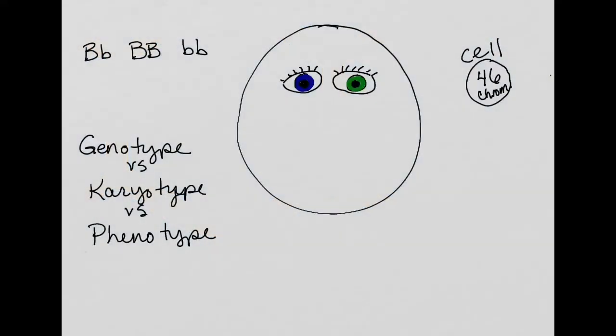And now I'm going to talk about the differences between genotype versus karyotype versus phenotype. All right, so again, let's go back to the cell. So the cell has 46 chromosomes or 23 pairs. And when we're looking at the genotype, and within each chromosome, remember we have these alleles here. These are called alleles that come from the mom and the dad. So we have big B, little b, big B, little b, which determines, for example, what color eye the child